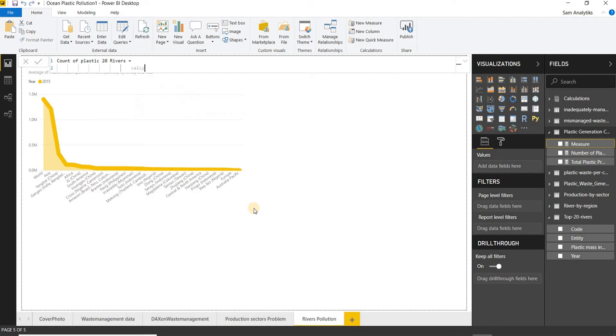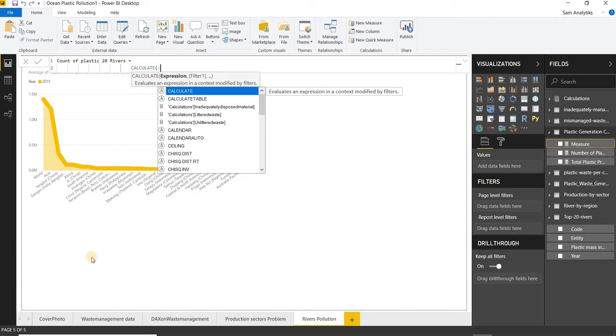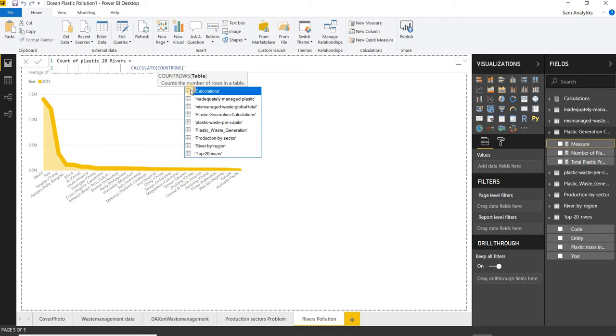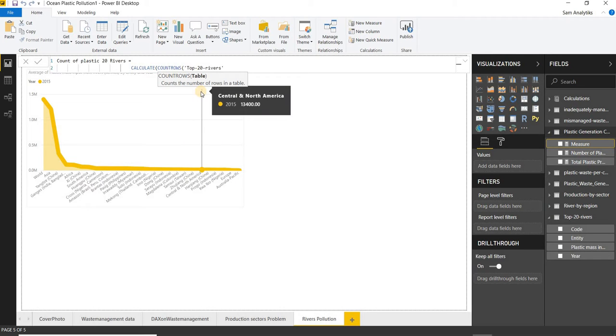And this time I will actually remove the implicit measures filter, using the filter conditions through the count rows, wherein I will take the count rows as plastic for top 20 rivers or 20 rivers I can say, taking that particular table into consideration.